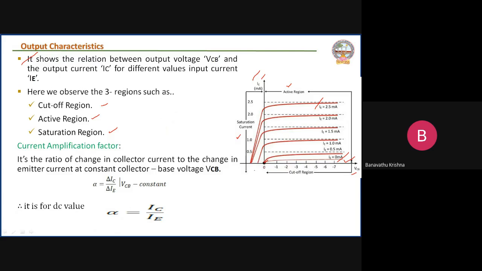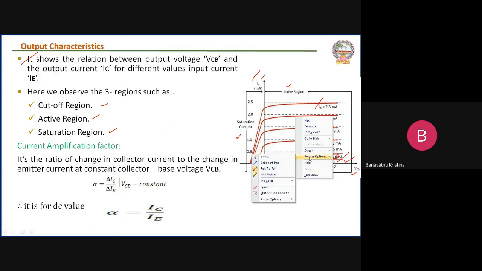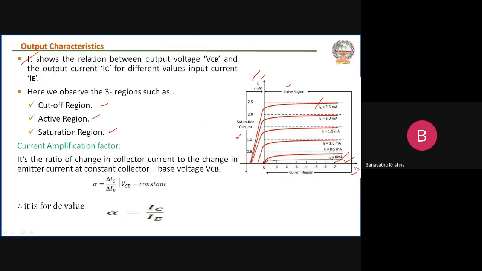So in the cutoff region, both junctions are under reverse bias condition. Due to that, at the input side there is no movement of charge carriers in the emitter region that constitutes a current. That current is the emitter current, and that is zero. Let us see here, this is IE equal to 0